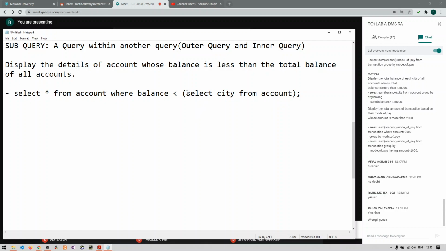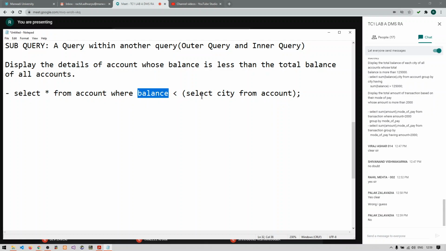Let us say we execute this inner query first, select city from account. It will give me 3 times Ahmedabad, 2 times Rajkot, 1 time Gandhinagar, Jamnagar, Vadodara and Mehsana. So can we compare this balance column with Ahmedabad, Jamnagar, Vadodara, Rajkot like these cities?